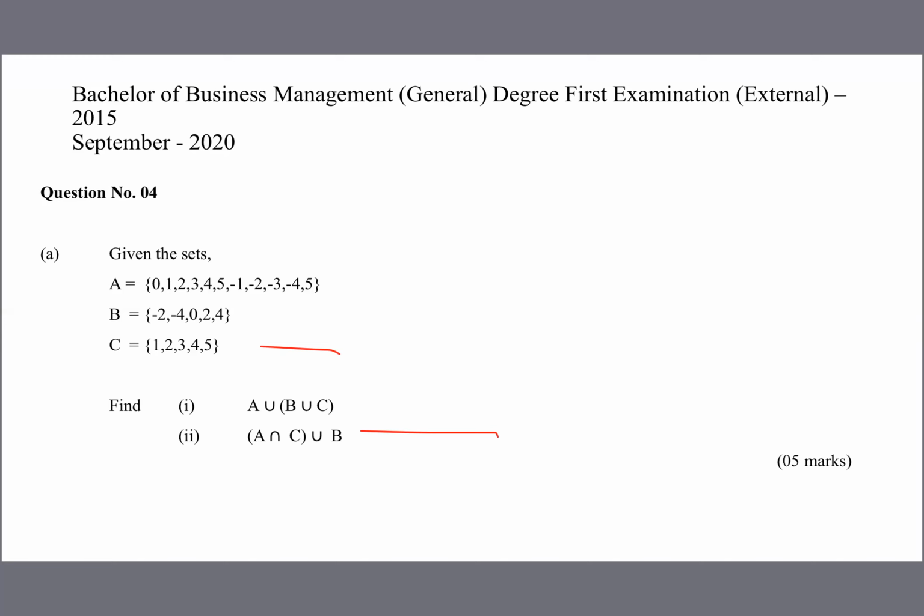Okay, so you can see also the year 2015 academic year, section number 4. Yes, section number 4 is a very easy one, right? I'll go very quickly